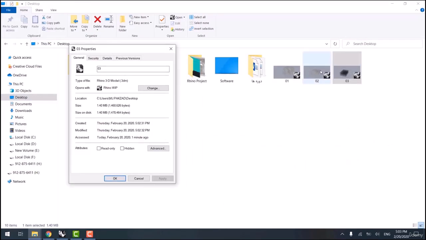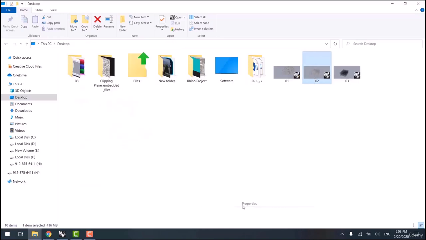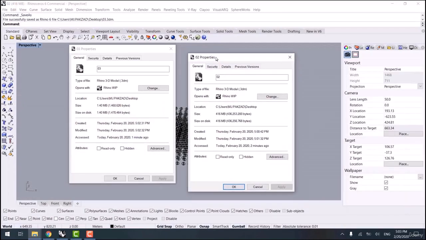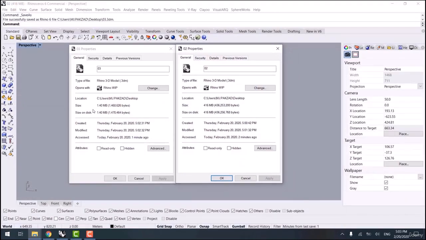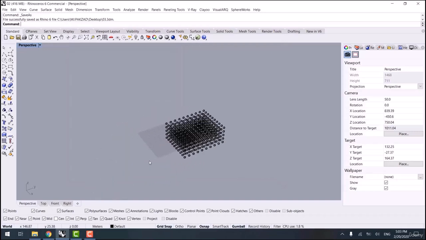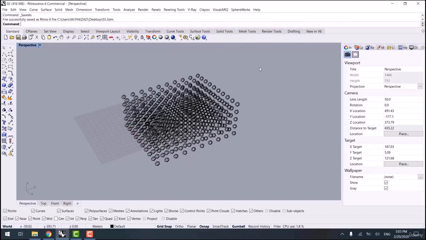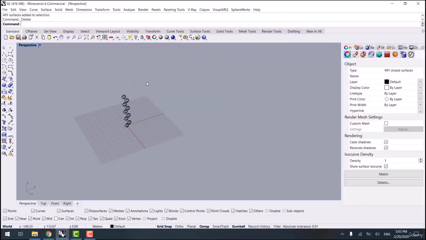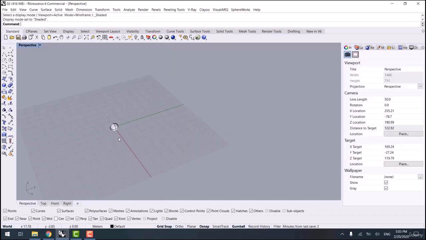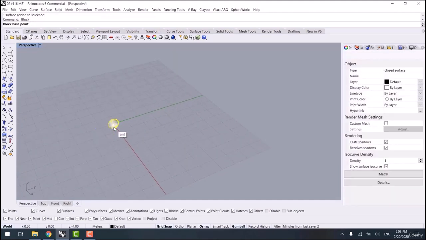So let us compare these two files with each other. Check it out, the differences in their sizes. The size of file 02 is 400 times more than the 03 file. Okay, let us continue. And if we want to minimize the size of the file more than this,